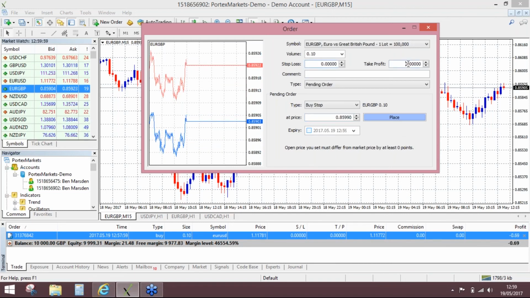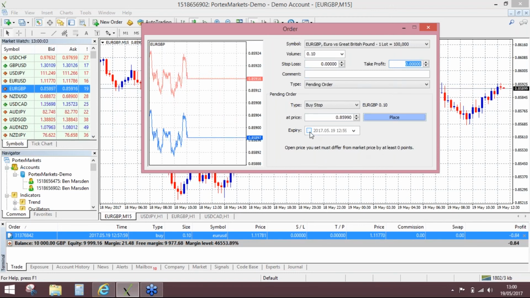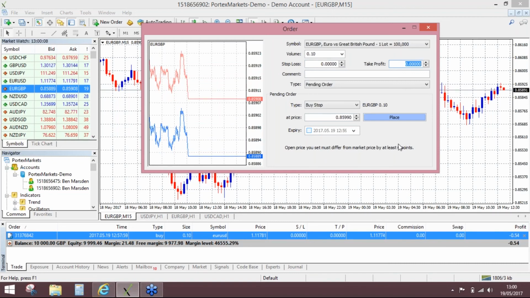We can input stop loss and take profit, which again I'll show you shortly. We can put an expiry on it, so if we only want this to be good for the day, we can stipulate the time at which we want to close this pending order off. And if we just click place,